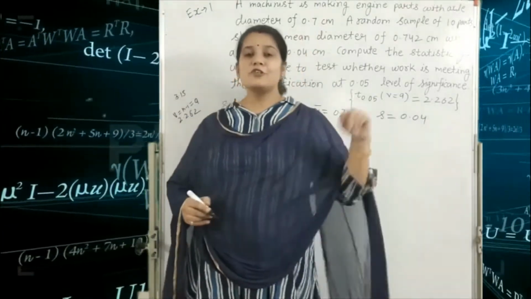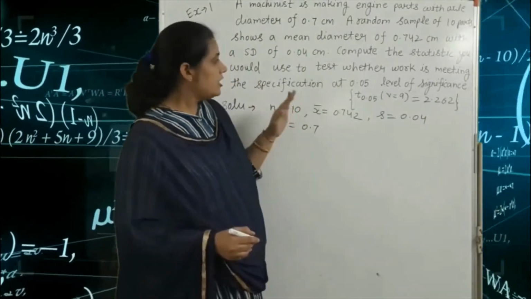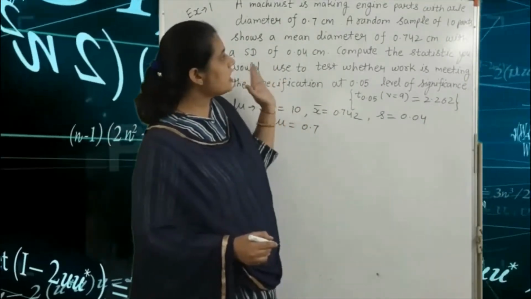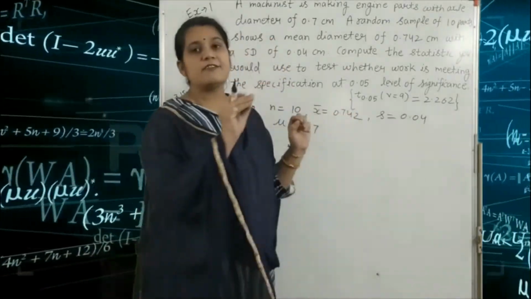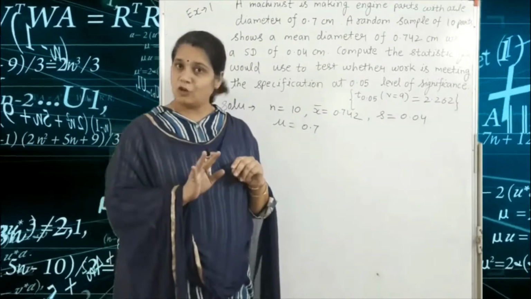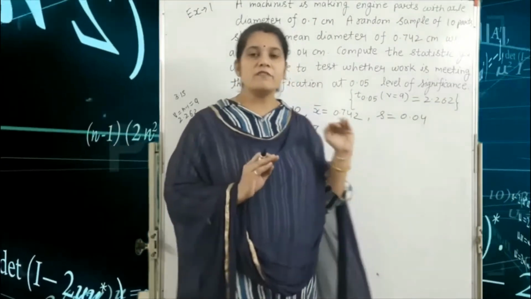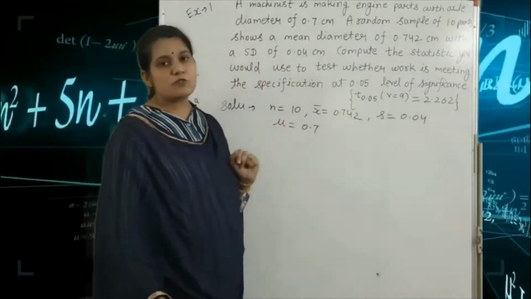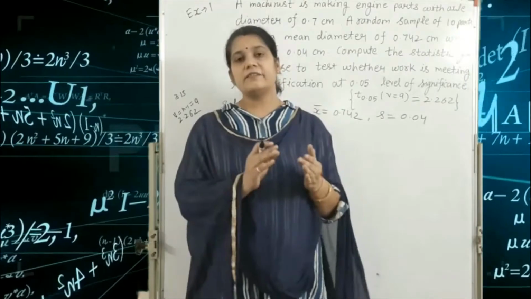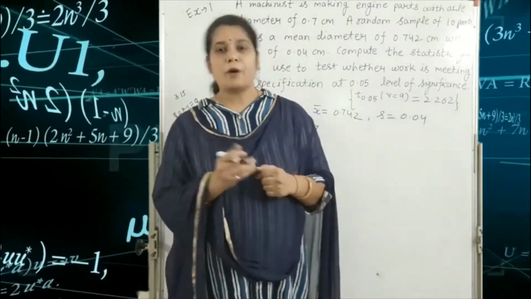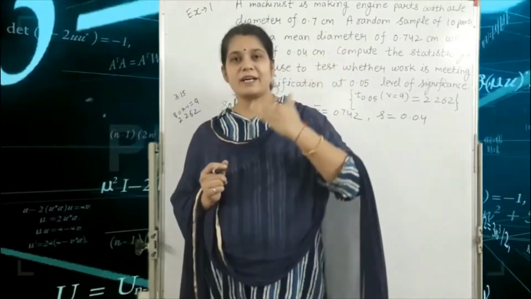So look carefully at this question: the standard deviation according to the population is not known. That means the value of sigma is not given. Got it? So always read carefully and keep in mind that in the T-student test we are not given sigma, the standard deviation of the population. Okay, so let's start. First we write the step by step, the 6 steps.